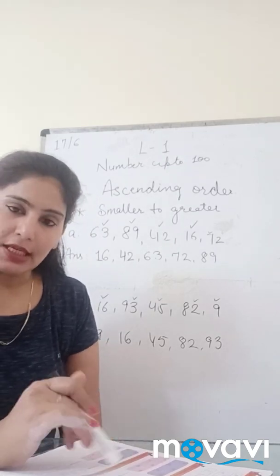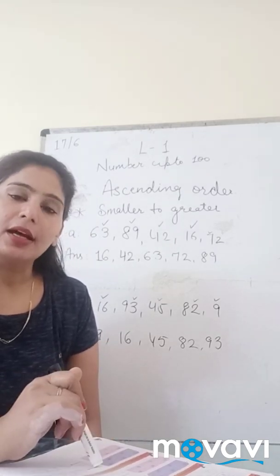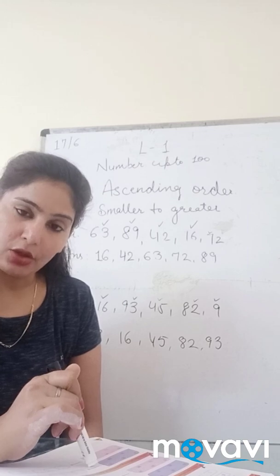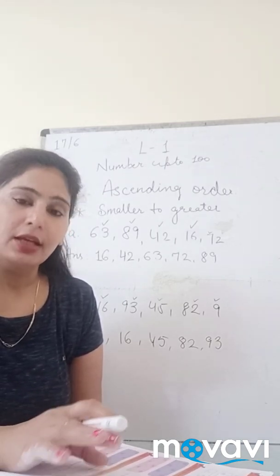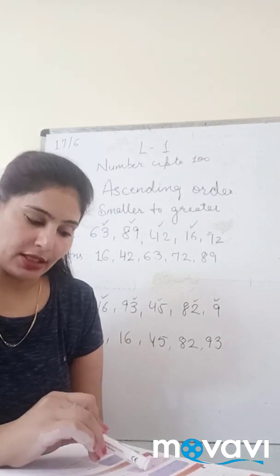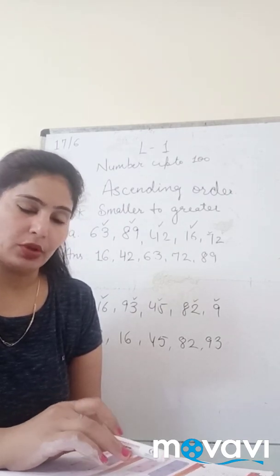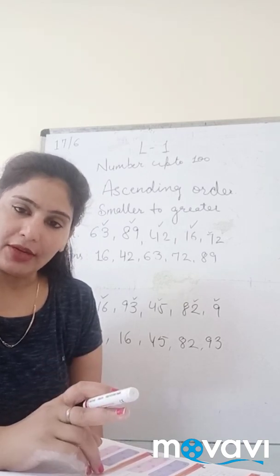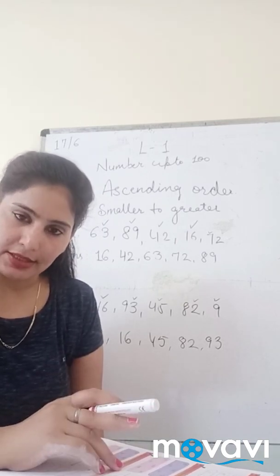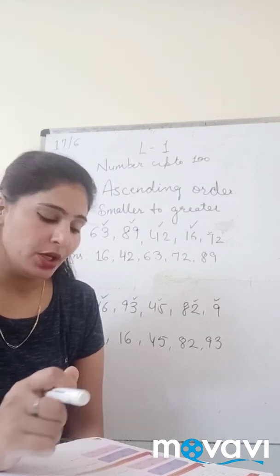After that we will see whether all numbers are arranged in ascending order properly or not. We will not leave any question without checking. We will see that there is 37, then 42, then 54, then 61, and then 83. Now we have checked the answer. It means our answer is correct. Now we will move to the next question.